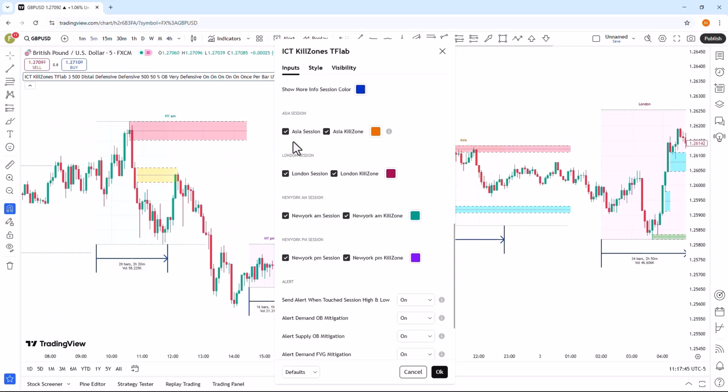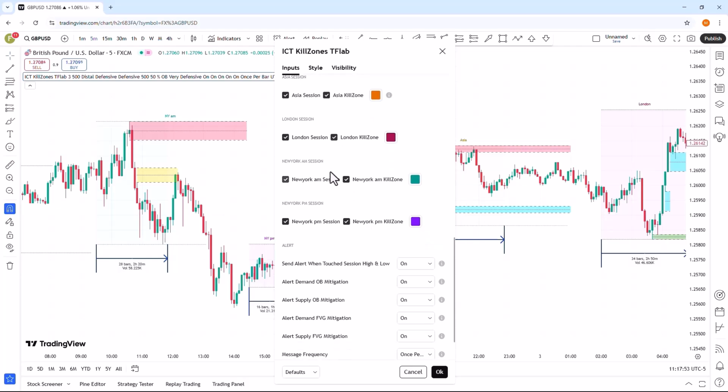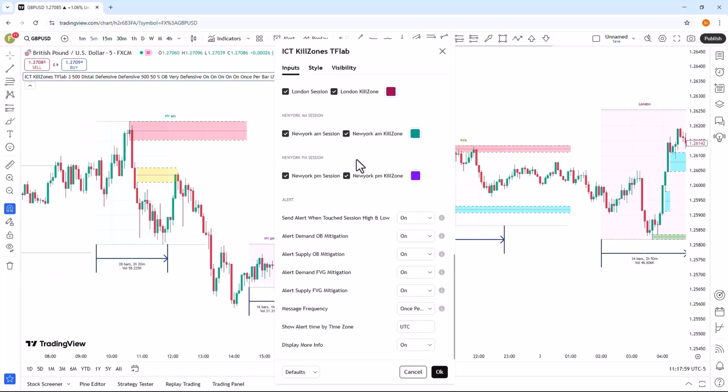You can choose whether or not to display the Asia session along with the Asia high and the color. The status of displaying or not displaying the London session along with the London killzone. The status of displaying or not displaying the New York morning killzone along with the New York morning session. And finally, the status of displaying or not displaying the New York afternoon killzone along with the New York afternoon